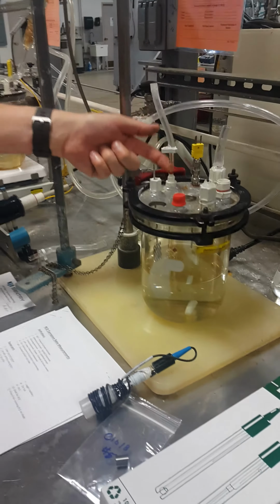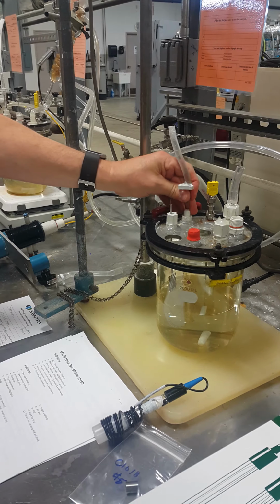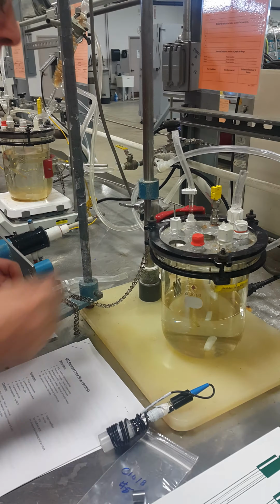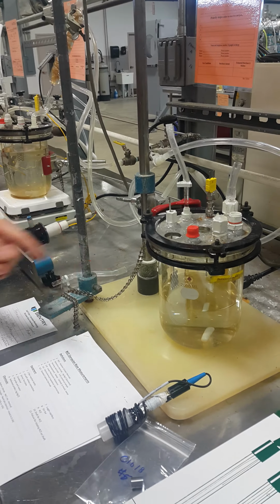We have what we call a Luggin capillary. We make these ourselves, so hopefully you have one. This one works, and you don't have to make one. That's going to have to be rinsed off before it'll come out of there. And on the end of that, we put